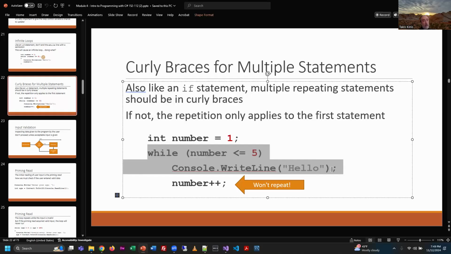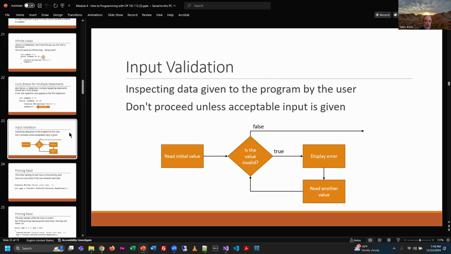What do you think I'm going to recommend? The same thing I do with if statements, is put those curly brackets in, because it'll come back to bite you if you don't. A real common use, by the way, of a while loop is what we use for